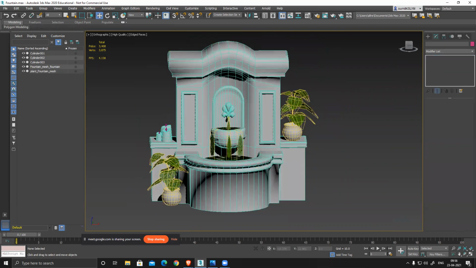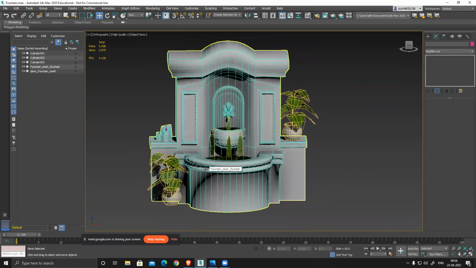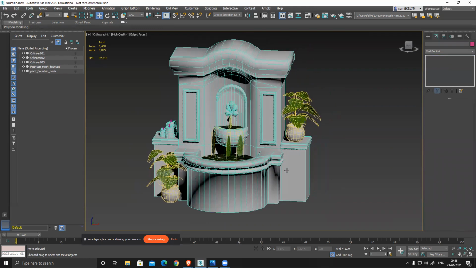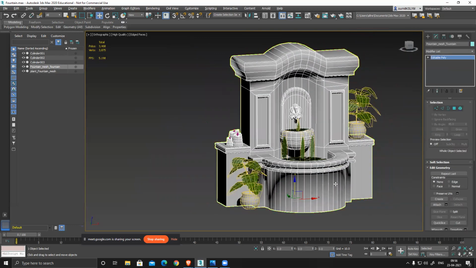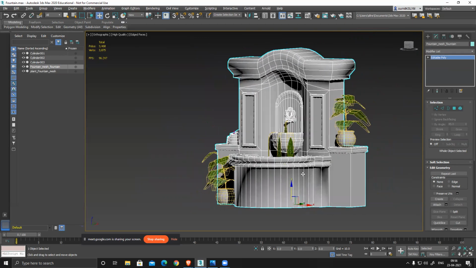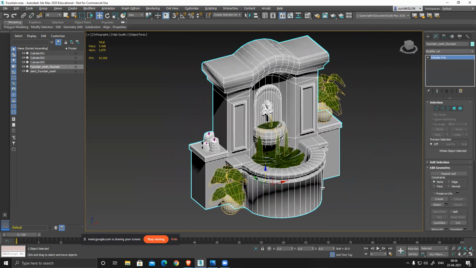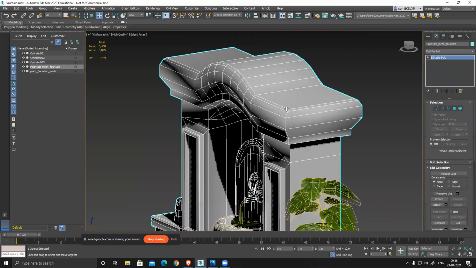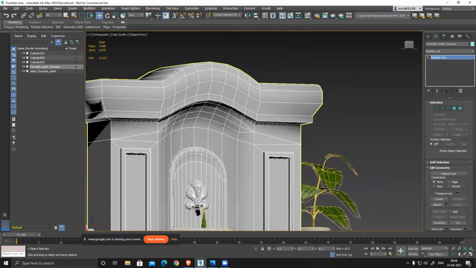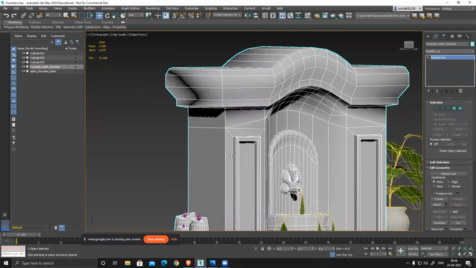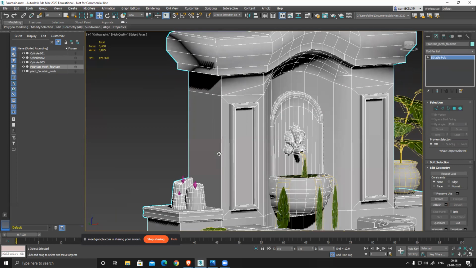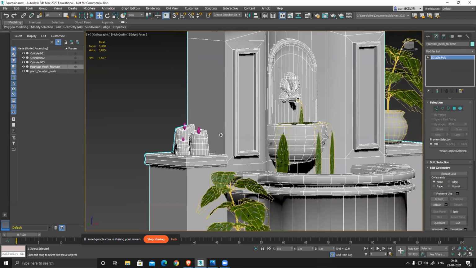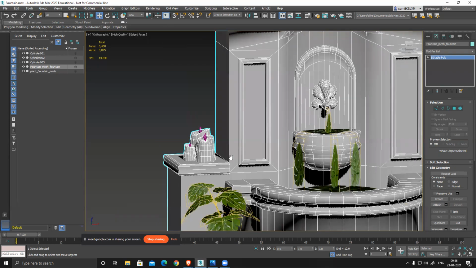So almost done. We just need to add those leaves and then we start with our texturing full-fledgedly. So you can see my entire model mesh is almost ready. All parts, everything is clean, everything is there, and most of the corners you can see are nicely chamfered and beveled. Yeah, there are a few corners where we have hard edges. That is something we like. If I want, I can definitely chamfer these edges and give it slightly smoother, soft angles.